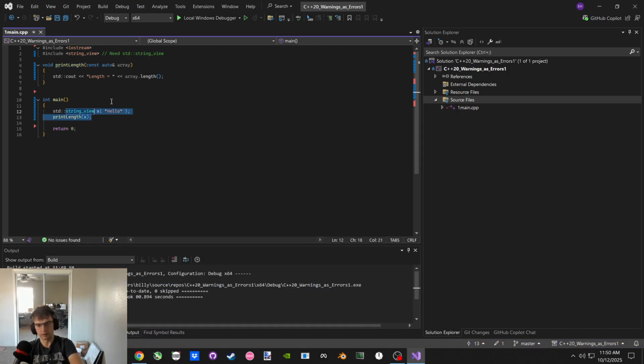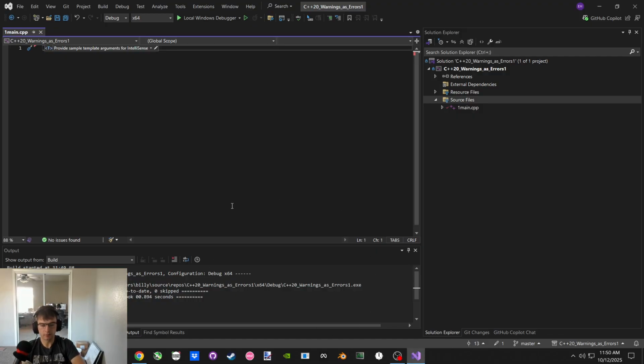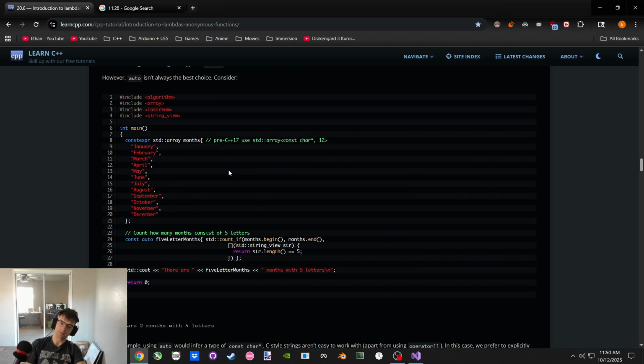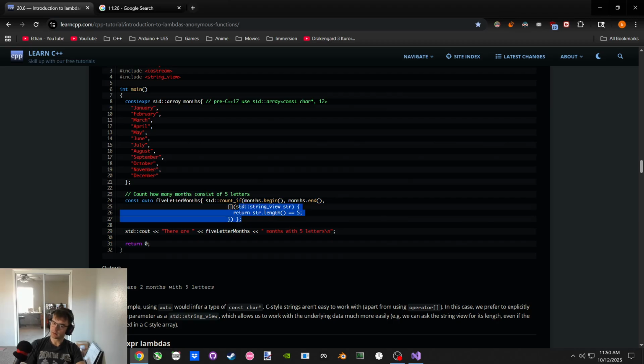And now it's cool because X has a dot length. But what if we do that in a member, or in a lambda? If we did that here, would it be okay? I don't know. So if we do it here, maybe the point is we need to specifically say that we're accepting a standard string view, and that's why we're able to do dot length on that standard string view.